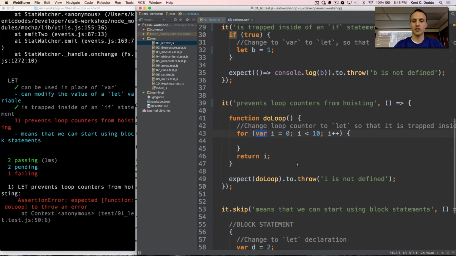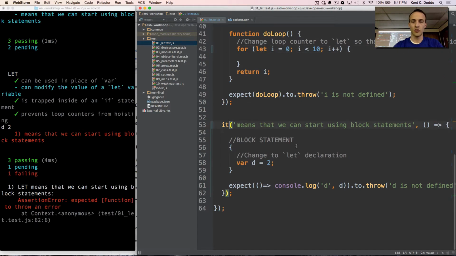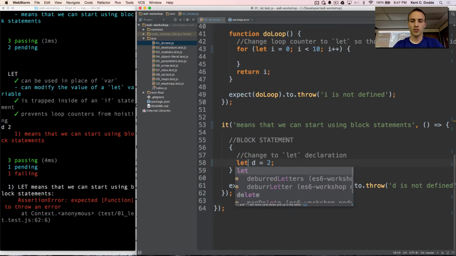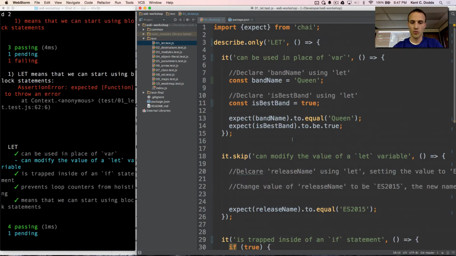So here we'll change this to let, and we got that one passing, and this one will fail. So this is actually a block statement. You will never ever do this because it's kind of weird, just a random curly brace, but you can do that. So we can scope this variable to that block just using the let keyword, and now that's passing. So I think we've got one more skipped here.